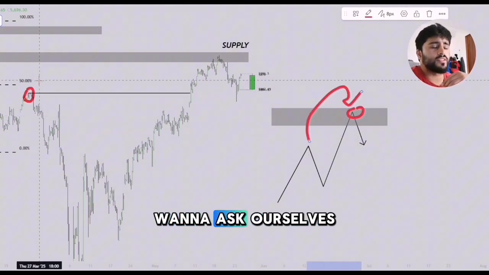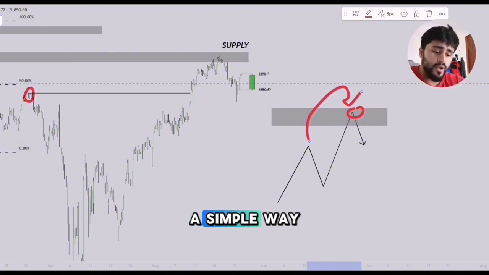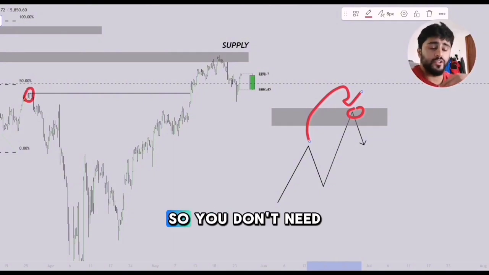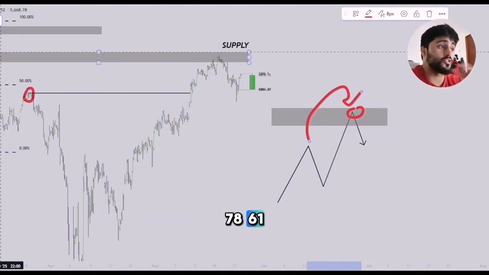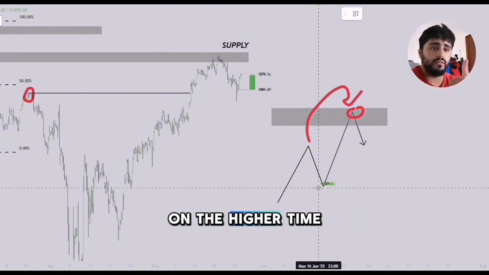Now from here, we want to ask ourselves, let's use the Fibonacci tool to our advantage. How do you use the Fib tool in a simple, systematic, and reliable way? You do that by simply using the 50% area. So you don't need the 71 area, you don't need the 78, 61, whatever the numbers are, you don't need any of those numbers. You simply need to understand your market structure on the higher time frames,